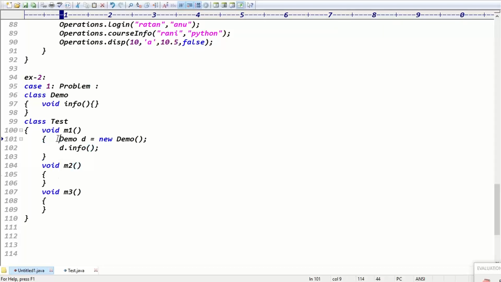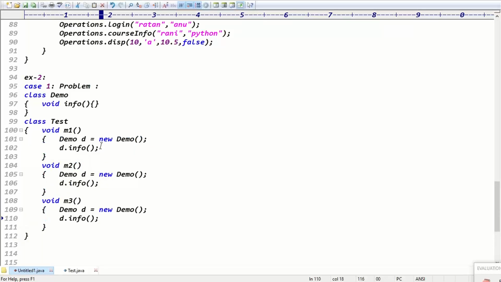So this object scope is only within the method. That's what here. If you require the method again, we have to create the object again. Here again we have to create the object, guys. So what's the problem, guys? Here we are creating the object one time or multiple times? Multiple times, right? Exactly, guys. To overcome this problem, you can write the case two. Solution.